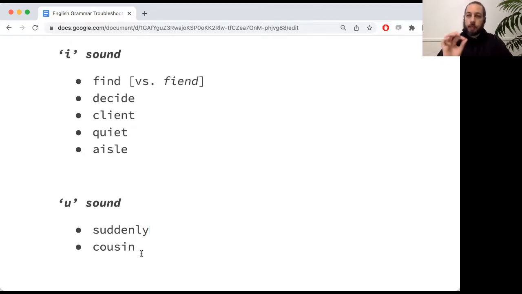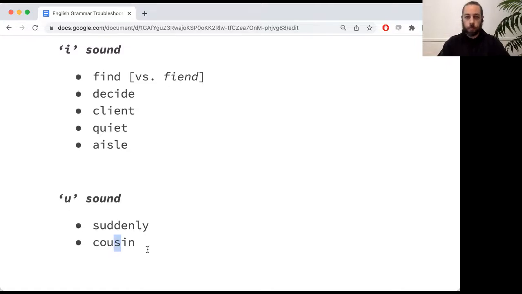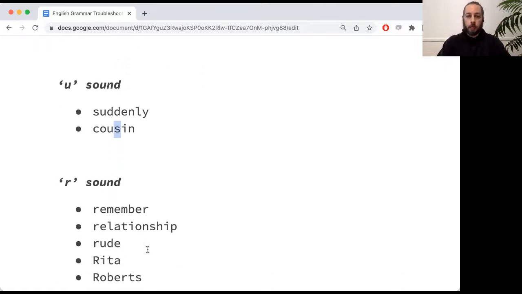The next word down is cousin, cousin. There's a few tricky parts in this. First of all, don't say both the O and the U. They just make a U sound, like in suddenly, cousin. Also, the S is sometimes difficult because it makes a Z sound, cousin. Repeat after me, cousin. Okay, now,